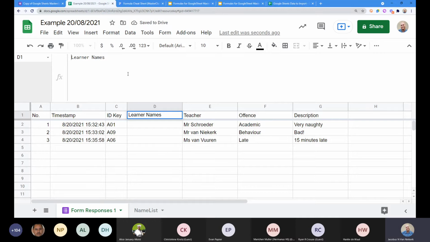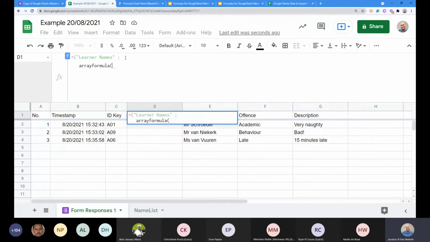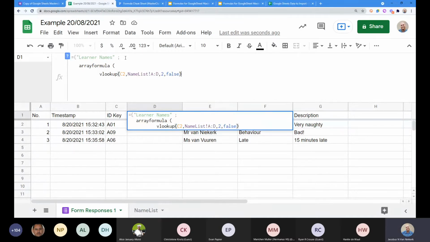Now we're going to start with learner names, right. So learner names is going to be the column title. We add a semicolon so that the next value goes on to the next row. Now we're going to add the array formula. We take this thing and we're going to wrap it in an array formula.